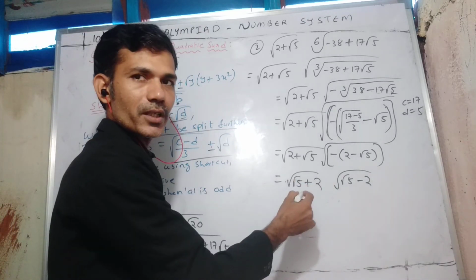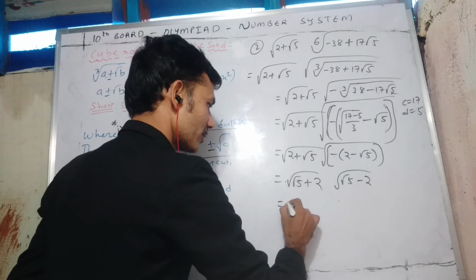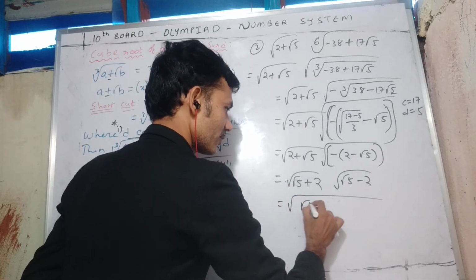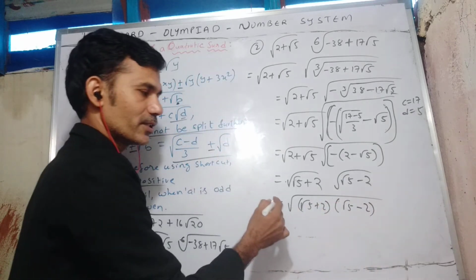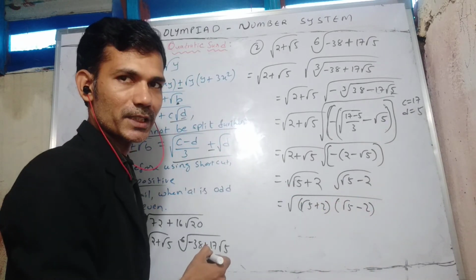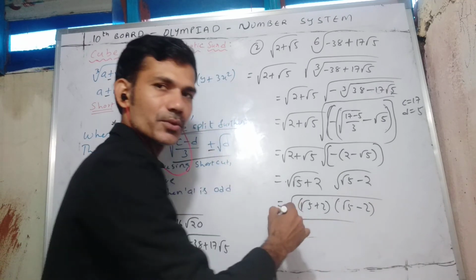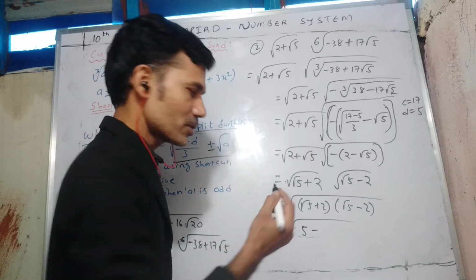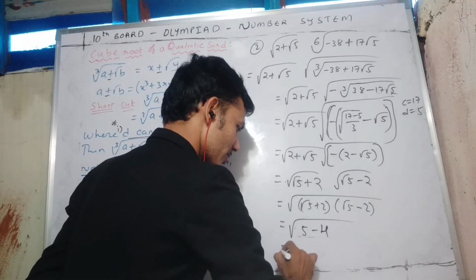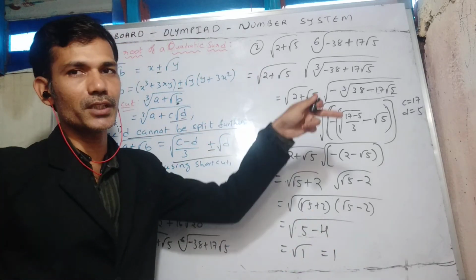Now see, square root of a into square root of b. See, both are having the same order. So what can we do? Root a into root b, like that we can write. So it is in the form of a plus b into a minus b. So we can use the algebraic identity. A square, that is root 5 whole square, 5. B square, 2 square, that is 4. So under root of 1, so nothing but 1. So you have to choose the answer 1, option C.